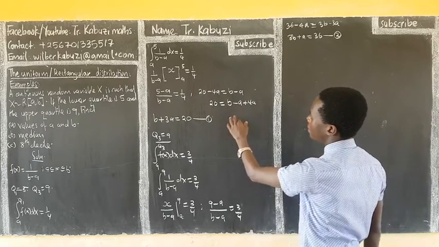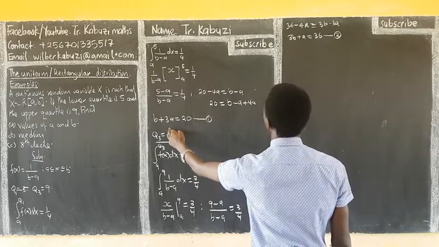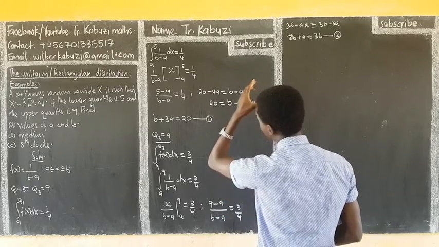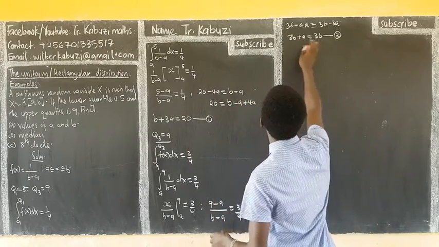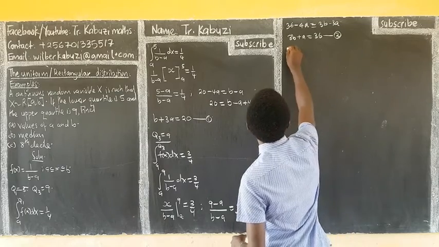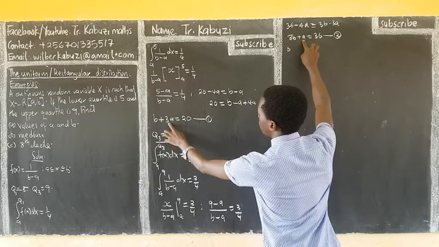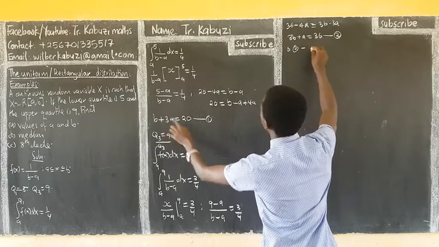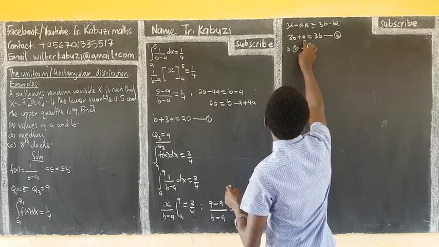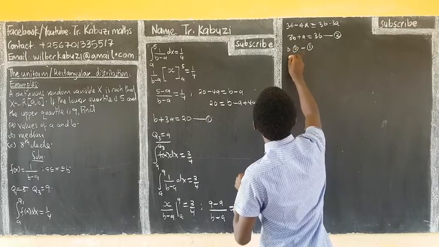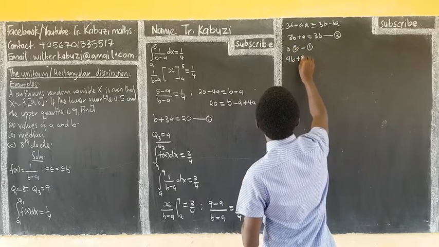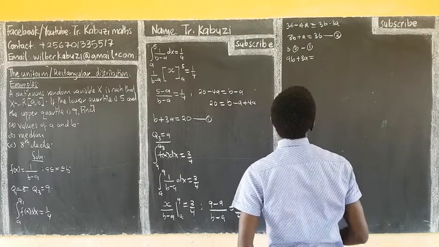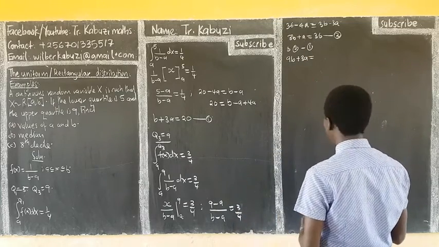So we can eliminate b. I'm rearranging, so I need to multiply this one by 3 because I need this coefficient here. So multiply by 3 in equation 2, then you subtract equation 1. Multiplying by 3 here, I'll be having 9b plus 3a equals, and multiplying here by 3, we have 10